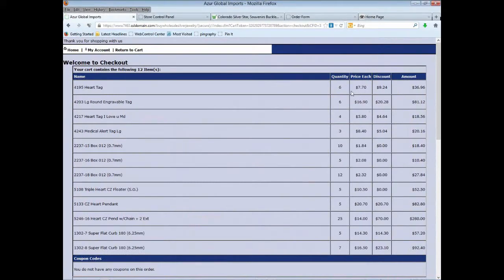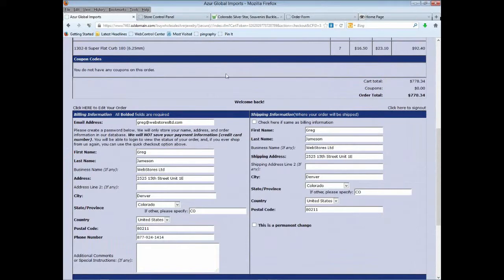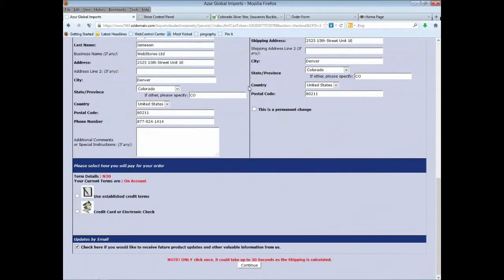It displays my order for me, what each of the things are. I don't have any coupons in here right now, and I will talk about those in a moment. What my billing and shipping addresses are, and how I'm going to pay for this. Now in this particular case,